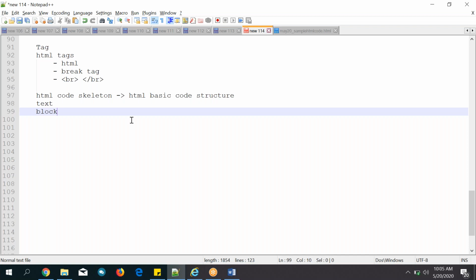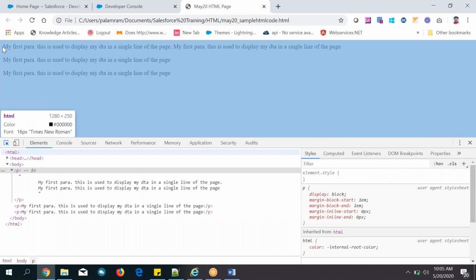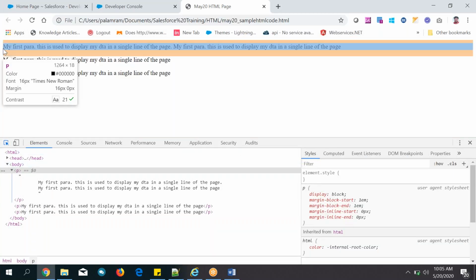Whatever technology you are learning, the naming conventions are very important. What does block mean? If it is occupied from left to right, even though you have not written that much text, it is occupied like a brick. In the same way it is called one block.